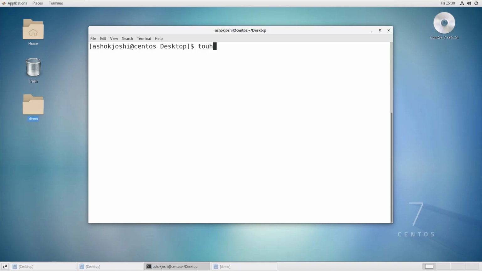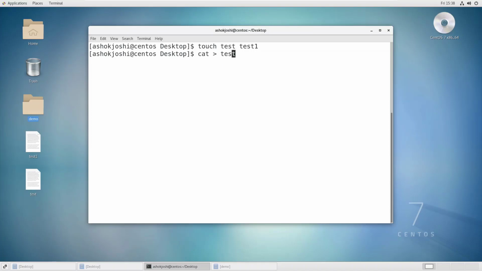Let me create 2 files here. Sorry, just a typo. Touch test and test1. So I have created 2 files here, test and test1. And let me add something inside this test file.